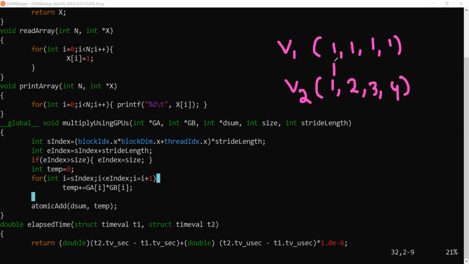We have to multiply these two values, and multiply these two values, and so on for each pair. Later, we have to sum it up. Okay. When we find the dot product of these two vectors, its value is 10. Okay. Now, here our objective is we want to find the dot product of